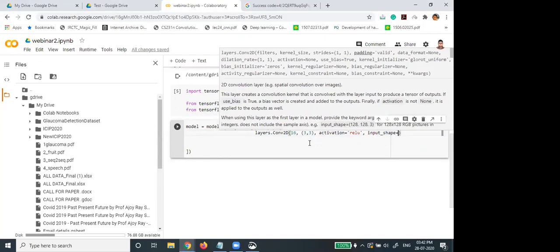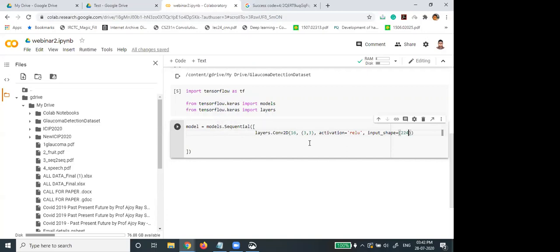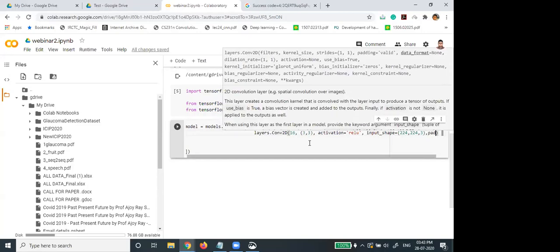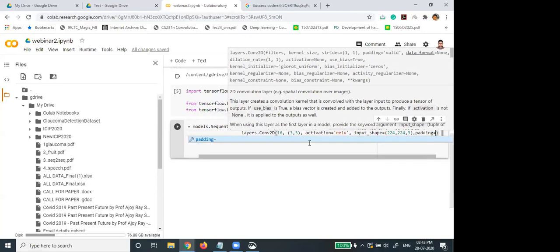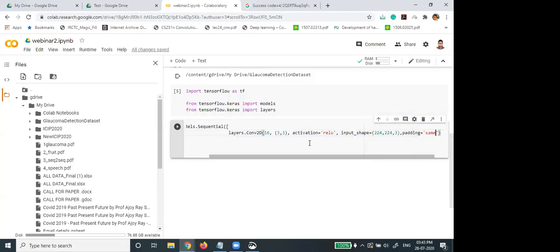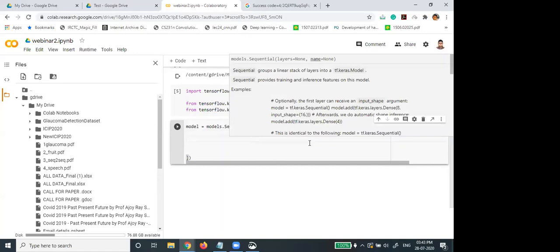I want to fix this as 224 cross 224, and if we take RGB, it will be 3 channels. And here I am using padding equal to same, that I told earlier, like same convolution or valid convolution. So one layer has been completed.